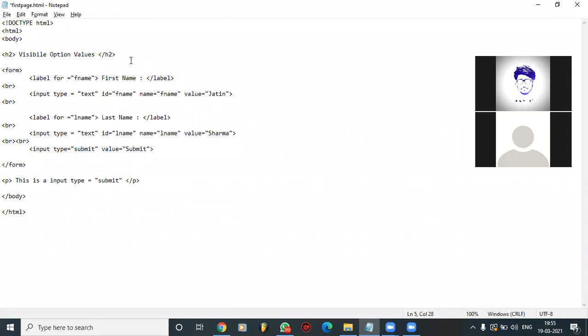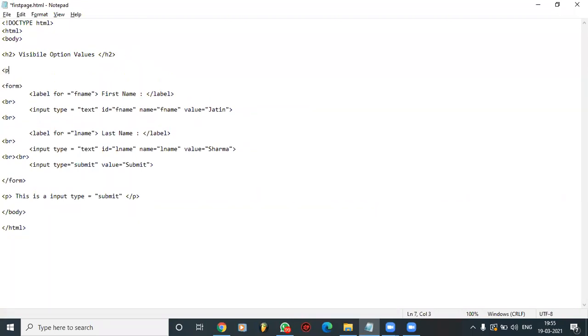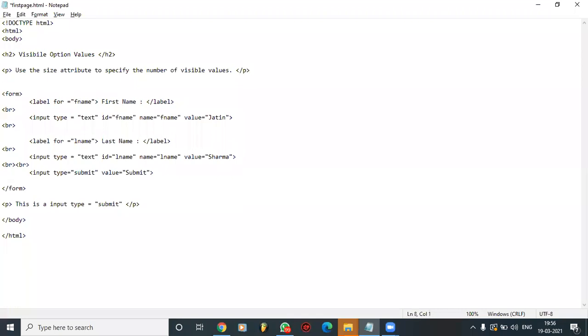Let's say use the size attribute to specify the number of visible values. Okay, now